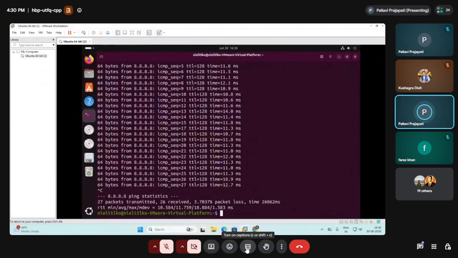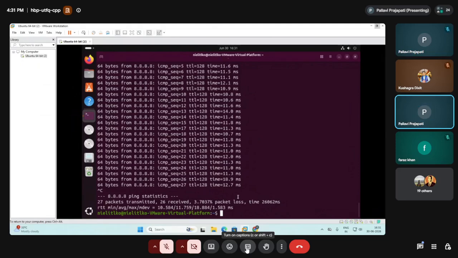So this ping 8.8.8.8 tests the internet connectivity using the IP address, and it will fail if there is no internet connection, incorrect gateway, any routing problem, or firewall blocking.